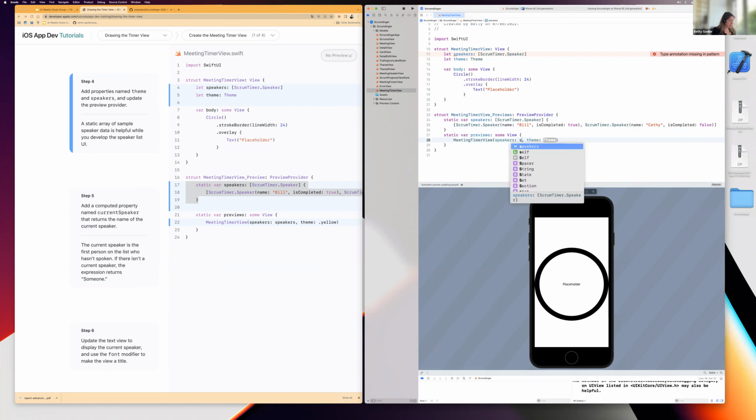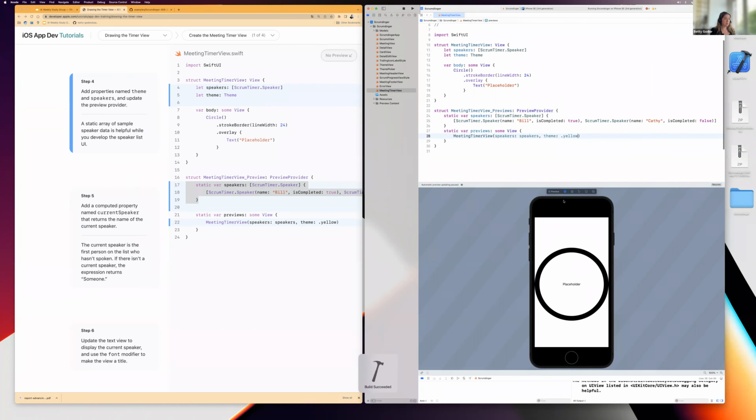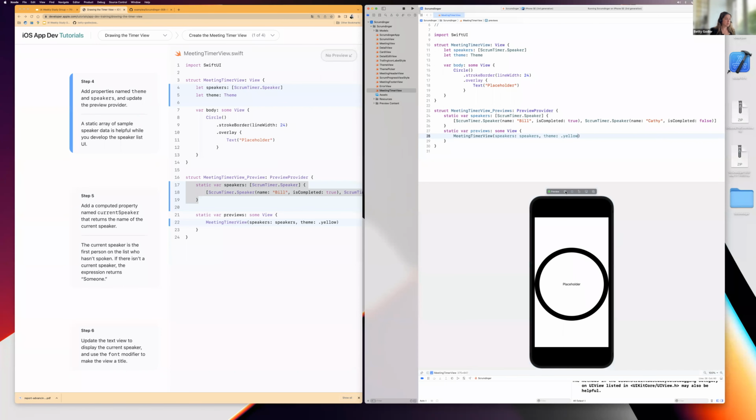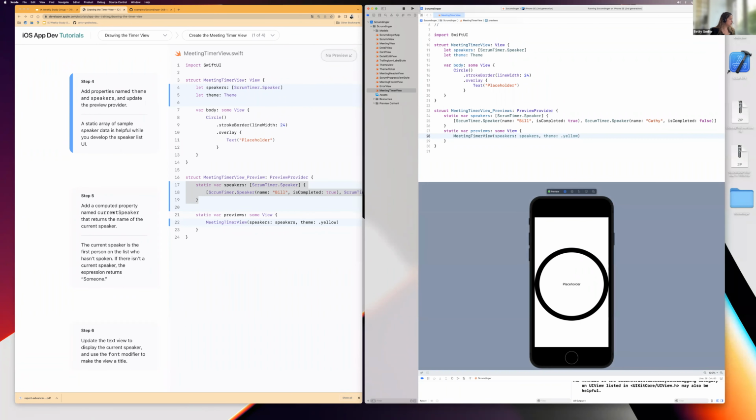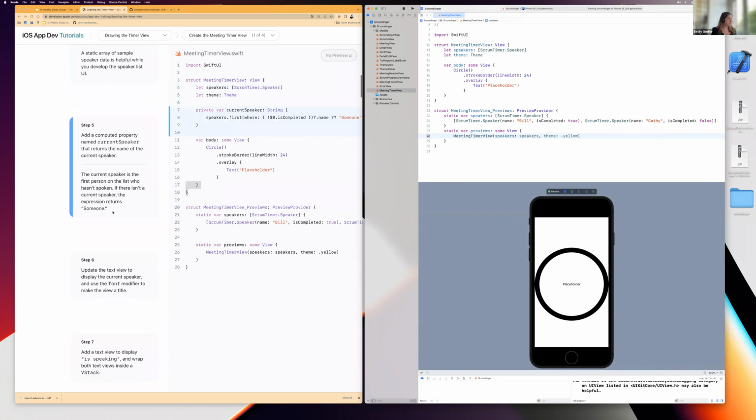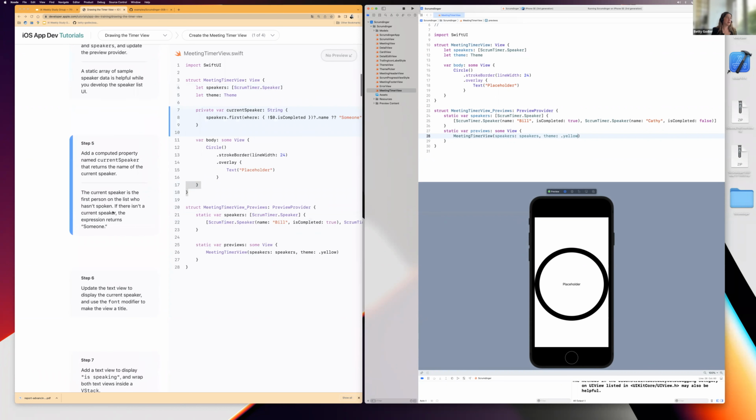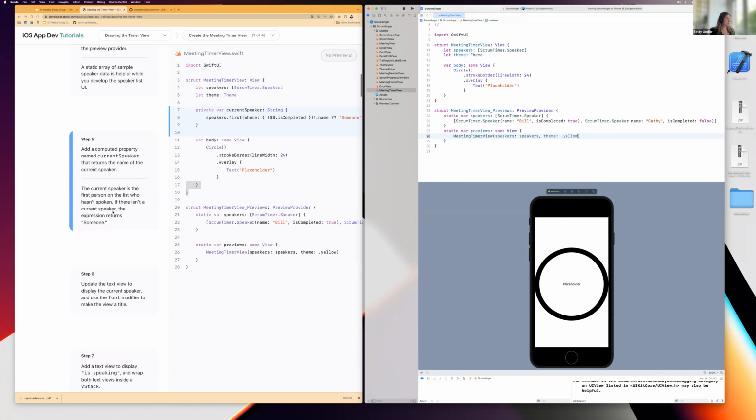And now I can add speakers, and for the theme, yellow. So it's building. If I resume, yeah, not yet in this view. And now we will add a computed property named current speaker